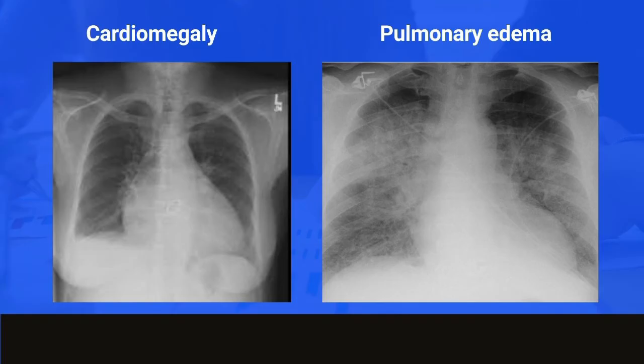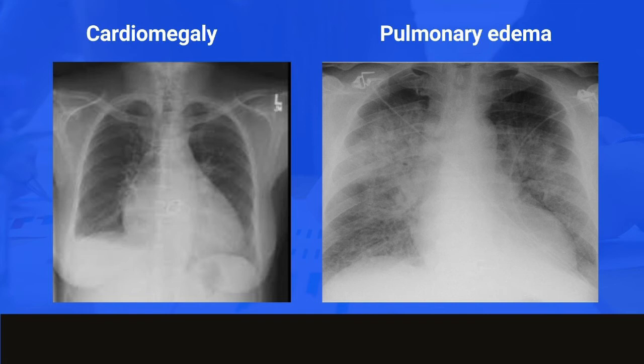There are some other findings which are very commonly found on a chest X-ray: cardiomegaly and pulmonary edema. In the first X-ray, you can see an enlarged shadow of the heart compressing the lung fields due to